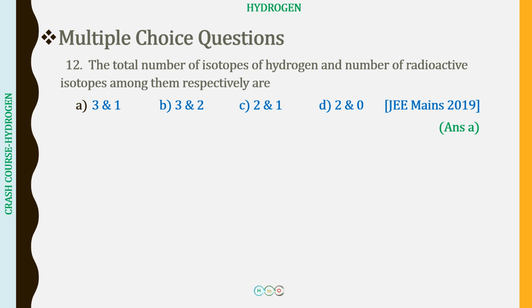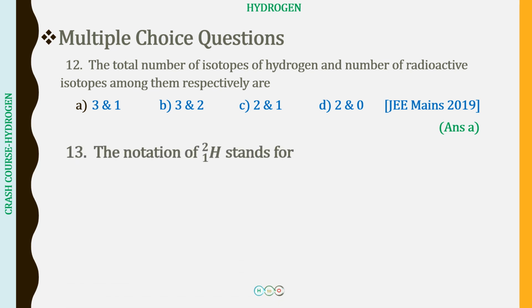If we analyze a sample of natural hydrogen, what we will see is that 99.984% of that sample is going to be protium, and 0.0156% of the sample is going to be deuterium. And as far as tritium is concerned, it is just traces, one atom per 10 to the power 18 atoms of protium in a natural sample of hydrogen. So maximum is going to be protium, then deuterium, and lastly, in traces, almost negligible, is going to be tritium. This can be asked in the examination, so I was just referring that to you.